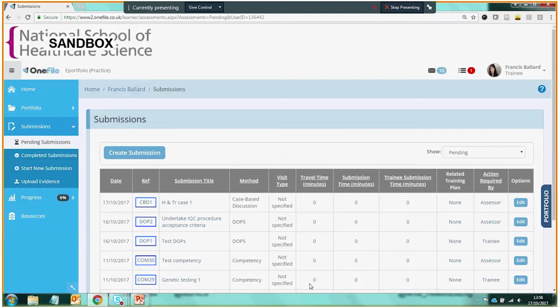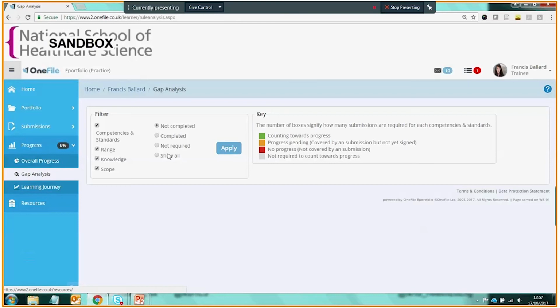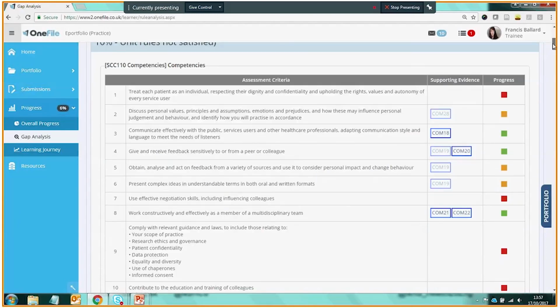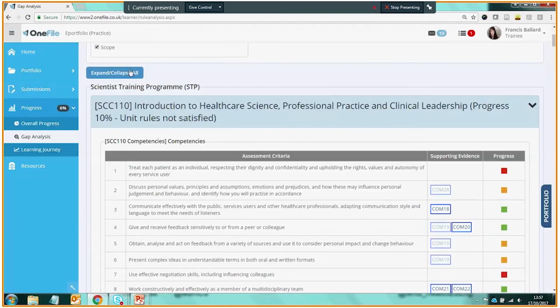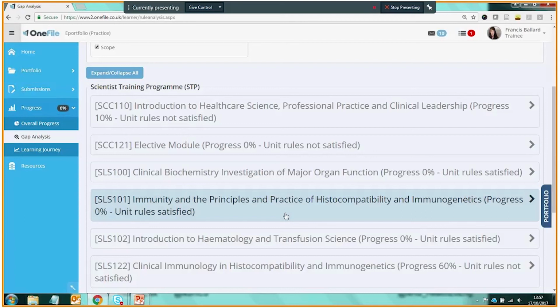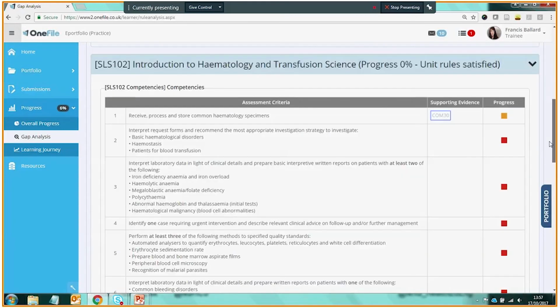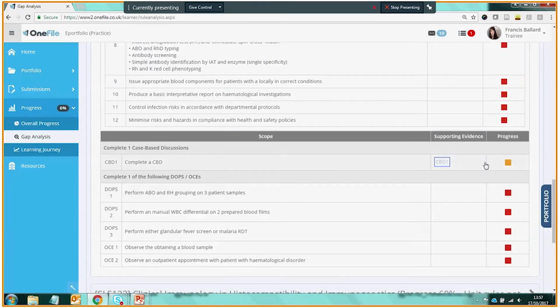Let's jump back into OneFile. If we go into our progress view currently and select gap analysis and show all, this is the trainee view that we're looking at here. And if we just scroll down to that particular module, just collapse those and select Introduction to Hematology and Transfusion Science, we can see that the submission we made is currently showing as amber because it hasn't yet been reviewed